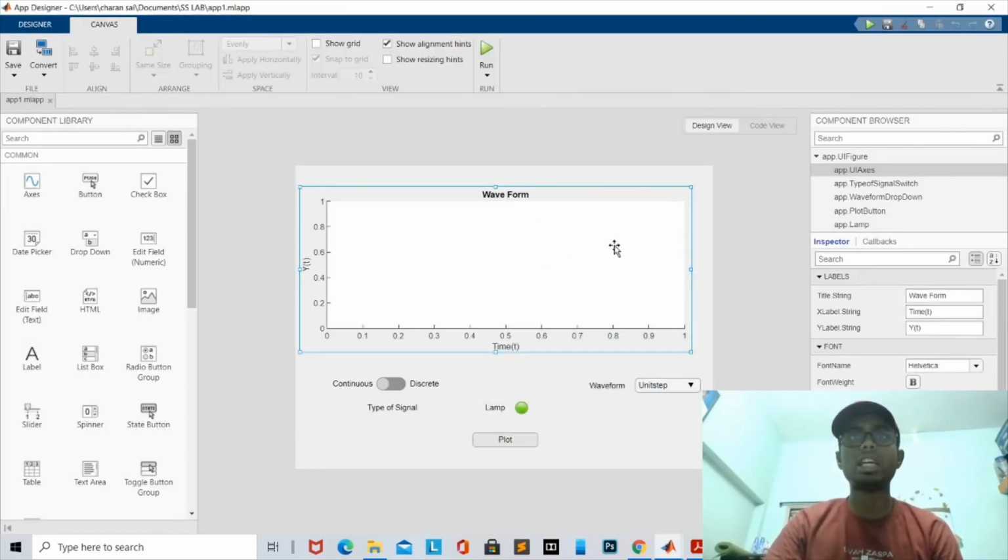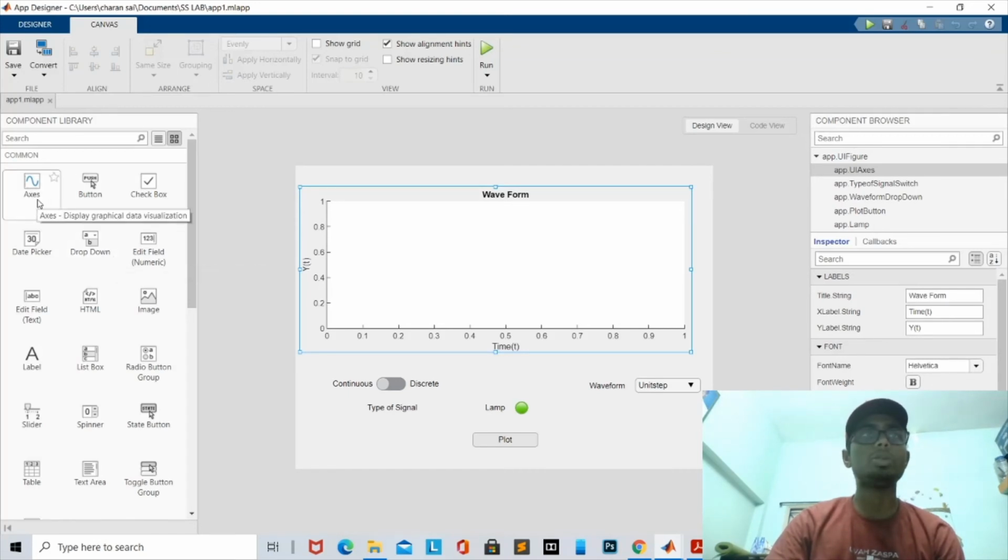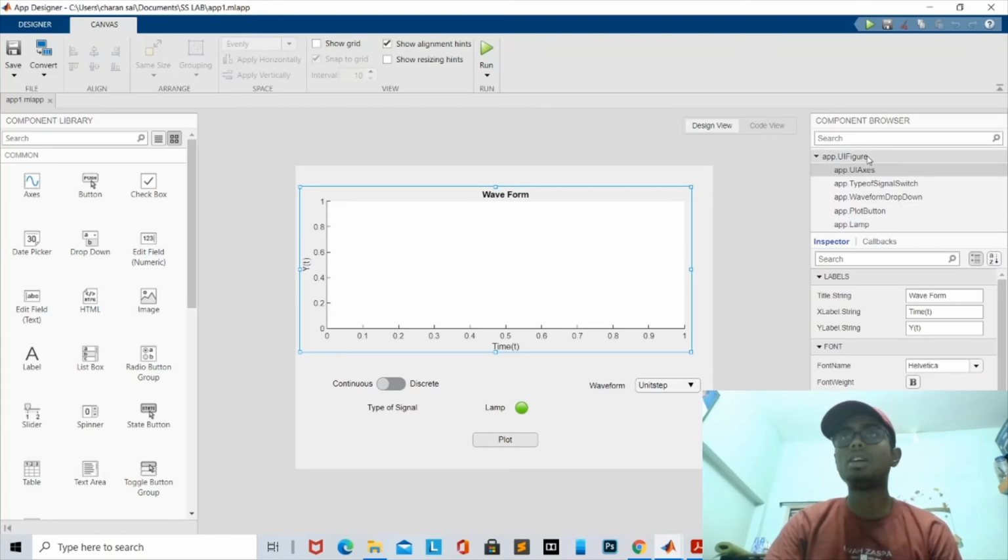So coming to the second one, which is GUI, graphical user interface. For it, I have used App Designer. In App Designer we have 2 different modes, design view and code view. In design view we have 2 different columns, one is component library and one is component browser. In component library we have different options like axis, button, checkbox, date picker, dropdown, etc. Suppose axis, we can drag this axis and place it so that we can design the app. And in component browser we can edit the app. Suppose we want to change the x label of the graph, we can change the XLabel.String to something else, so that it can be changed.